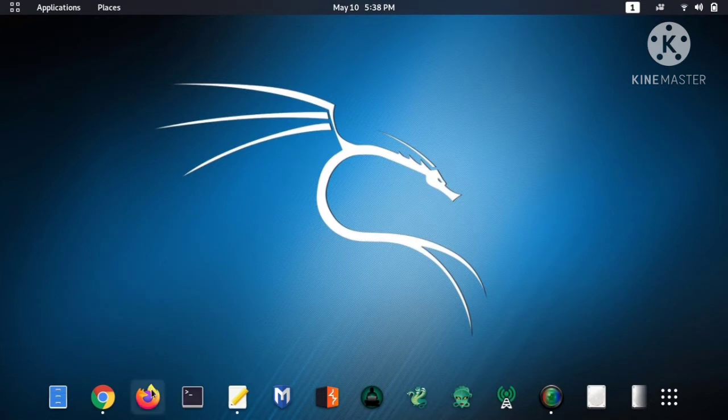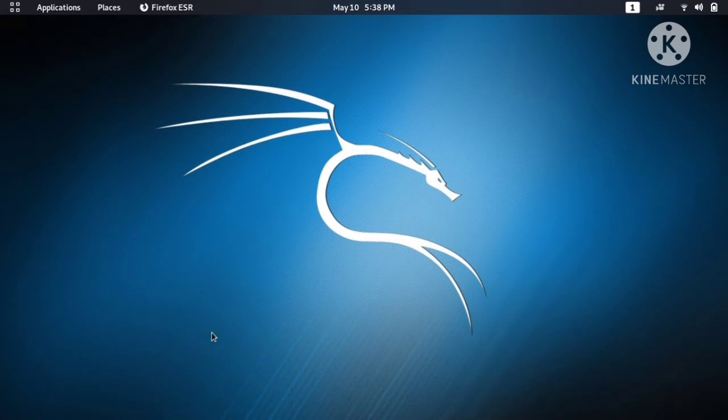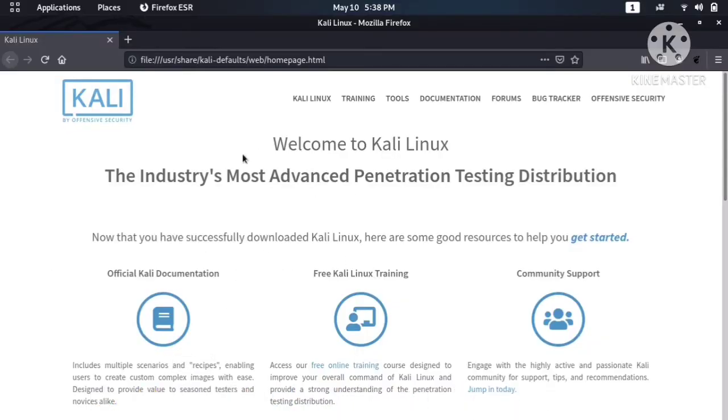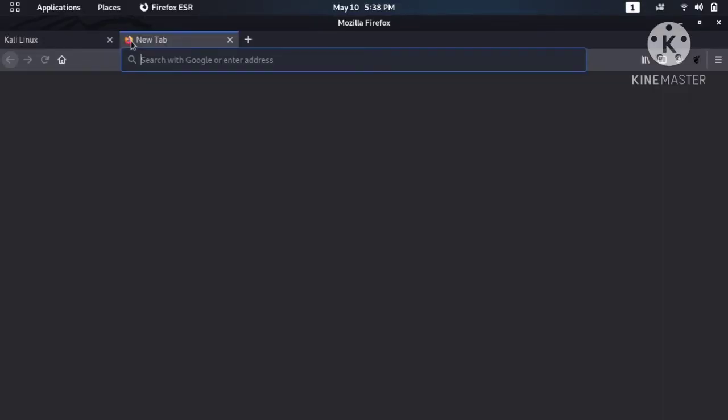So in this video today we will talk about how to make a bootable USB drive in Kali Linux. First of all, we need to download software for creating bootable USB. So open any browser in your computer, then just type for search